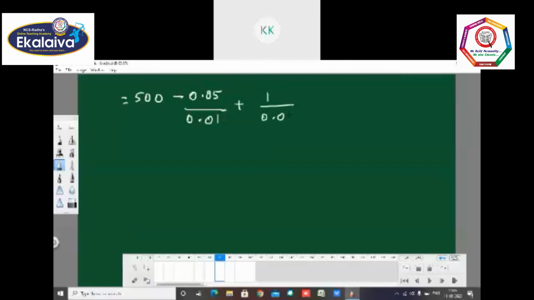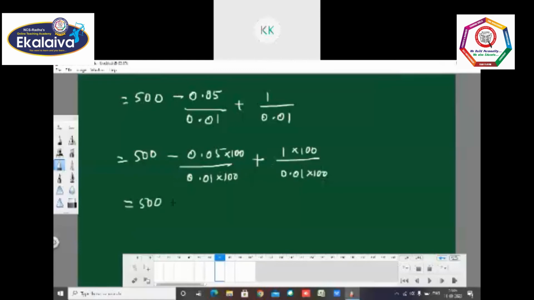Anything multiplied by 0 gives the value 0. The next one: minus into minus becomes plus, e power 0 by 0.01, e power 0 by 0.01. So it gives 500 minus